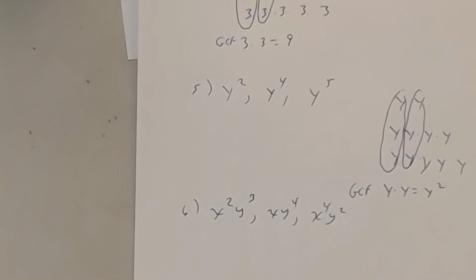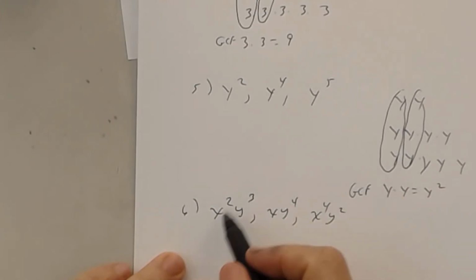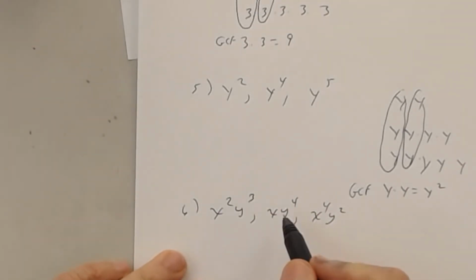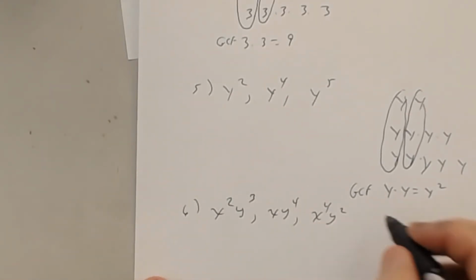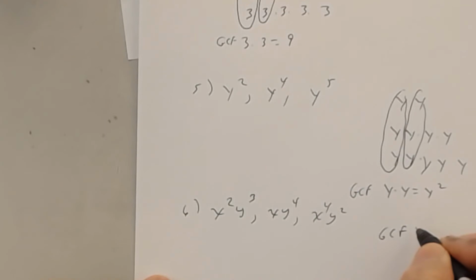Do I have y's in every term? Yes. So I need at least one factor of y in my GCF. Question is how many? So let's start with the x. How many factors of x do I have here? How many here? How many here? How many do I need? 1, smallest exponent. So far my GCF is x